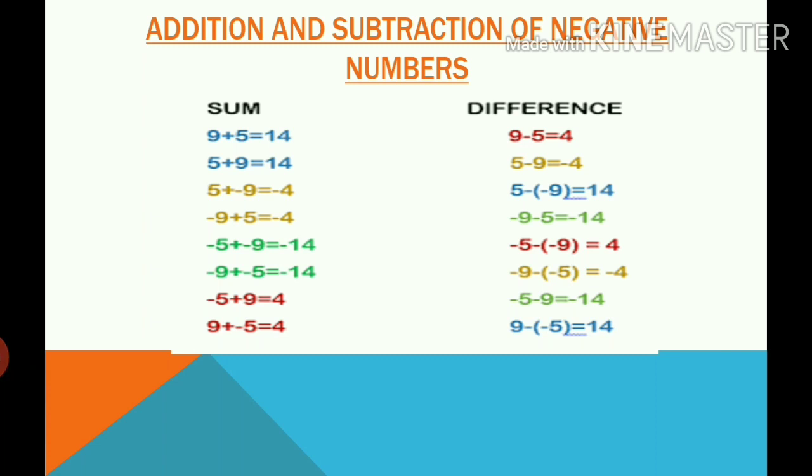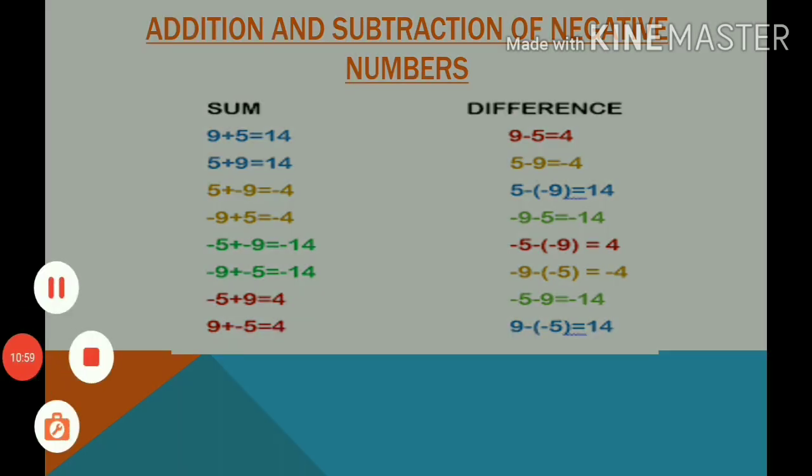Now two signs are coming together, you have to multiply them. Minus 5 plus 9 is equal to 4. So you have to subtract, minus plus is minus, so you will do the operation of subtraction. You will subtract 5 from 9 and you will get 4. You have to write the sign of the bigger number, with 9. Here it is plus sign, so you will write plus sign.